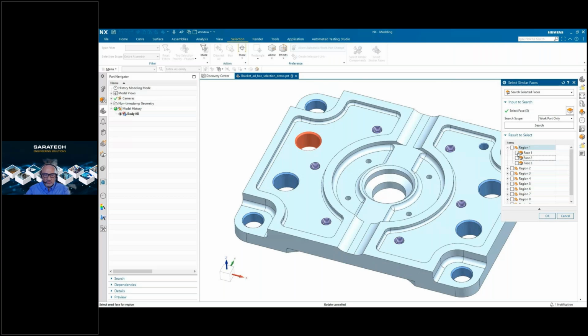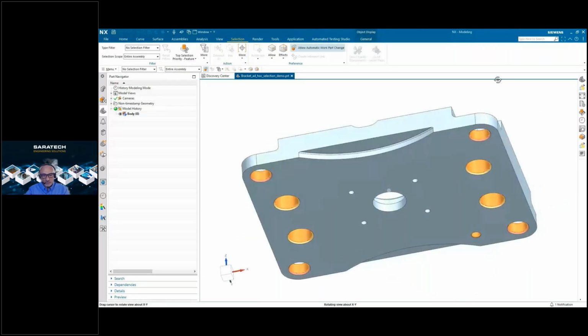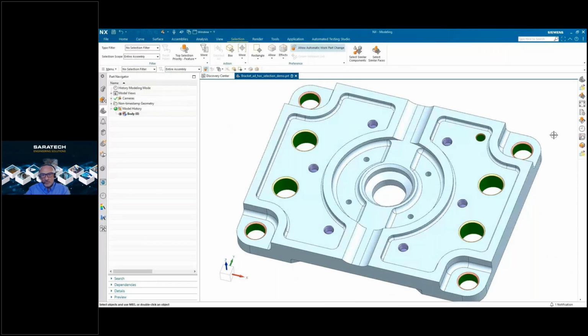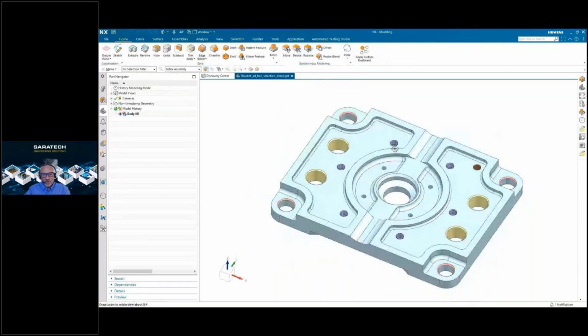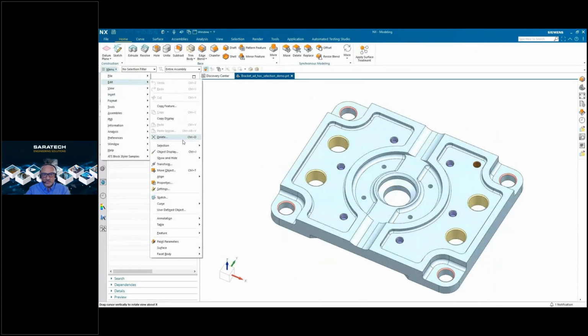Checkmate is another advanced module with NX that you can add. And then machine learning models for commonly searchable regions. So again, another example of performing operations on similar face families that AI will help the engineers to do.